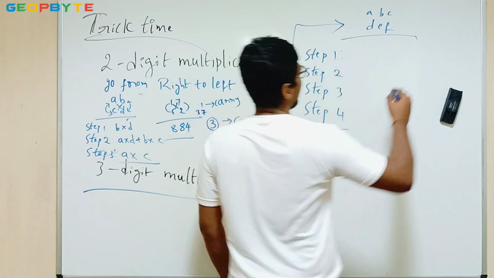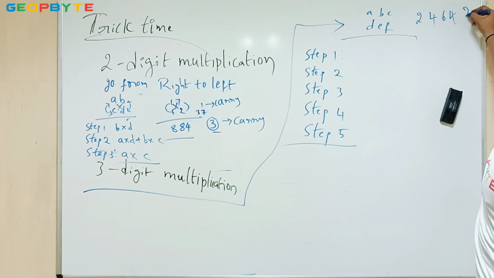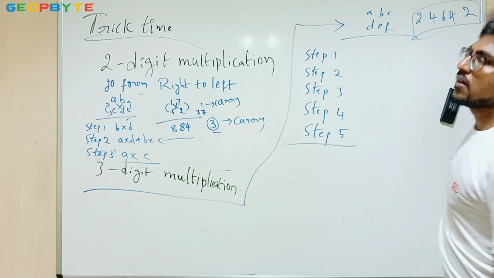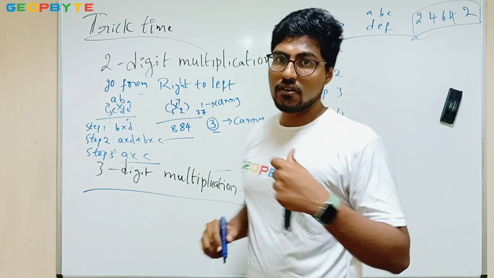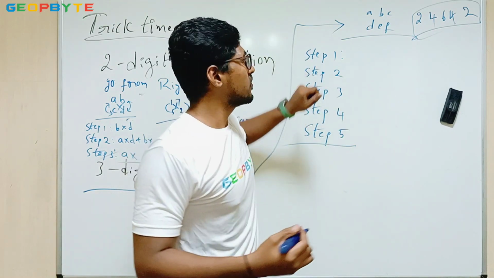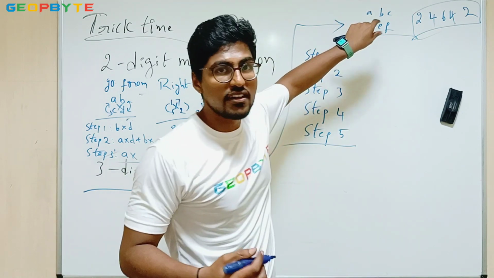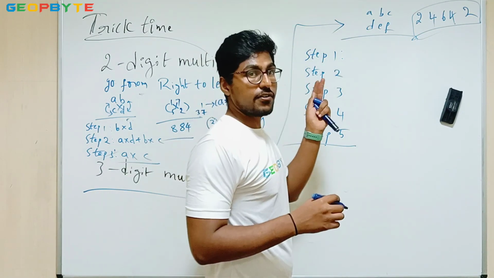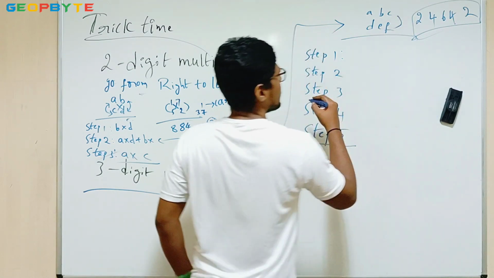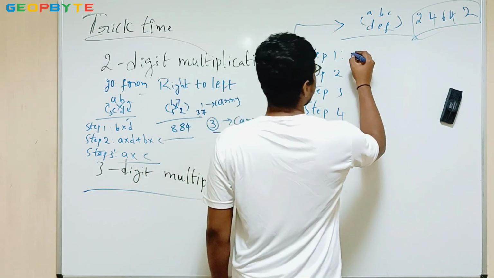See that you have to go by this rule like 2, 4, 6, 4, 2. If you are going by that rule, then that will be very easy, and you don't have to think much about that. So 3 by 3, whenever the multiplication has both numbers as 3 digits, you can use this method. That is, you have to do this first. The same thing like B and this thing like C and F.